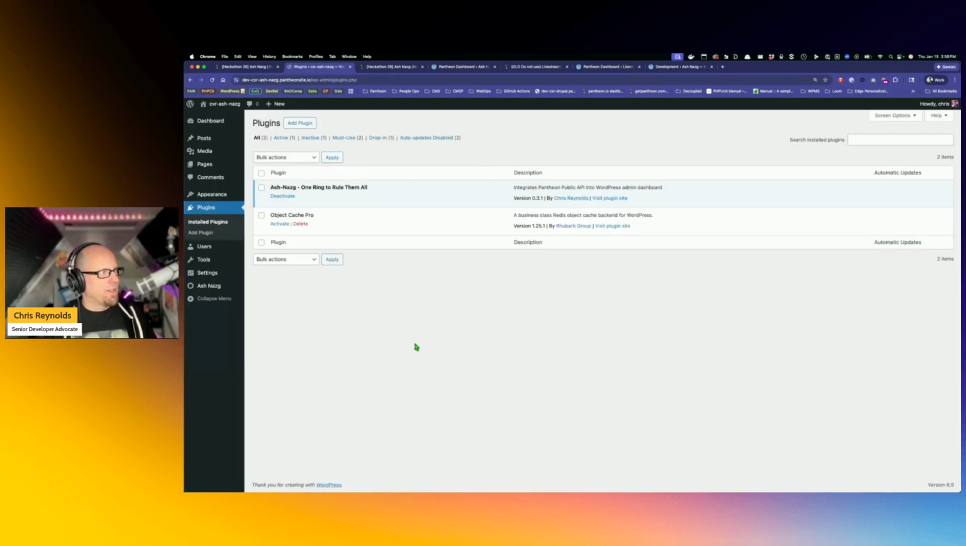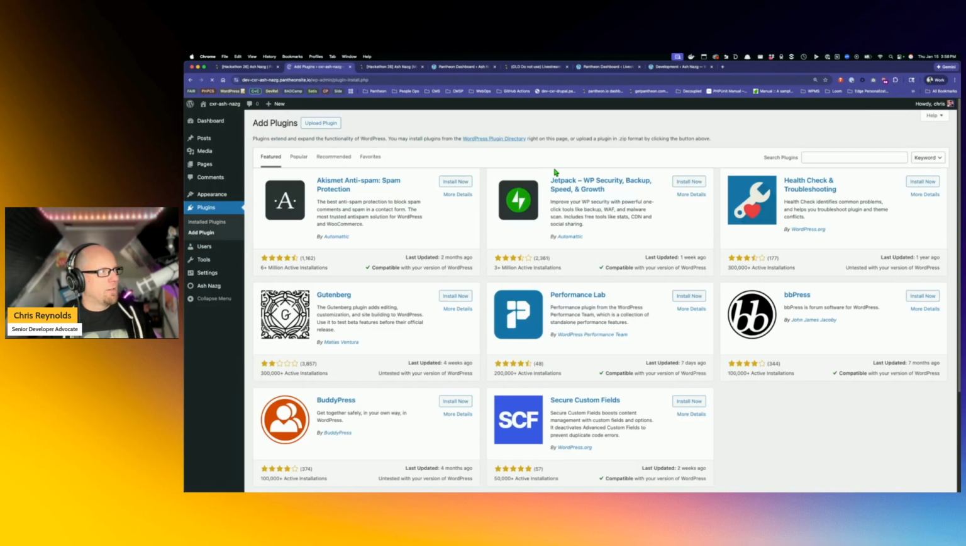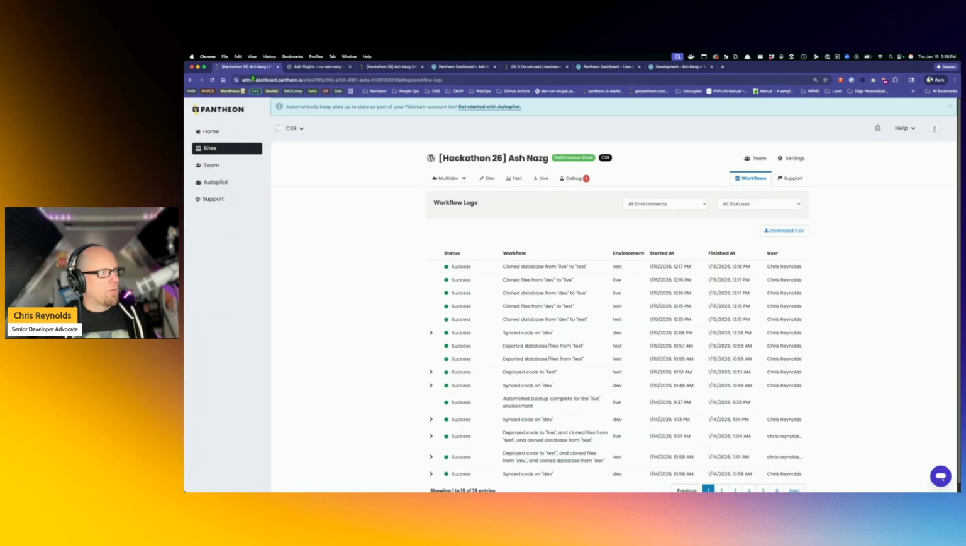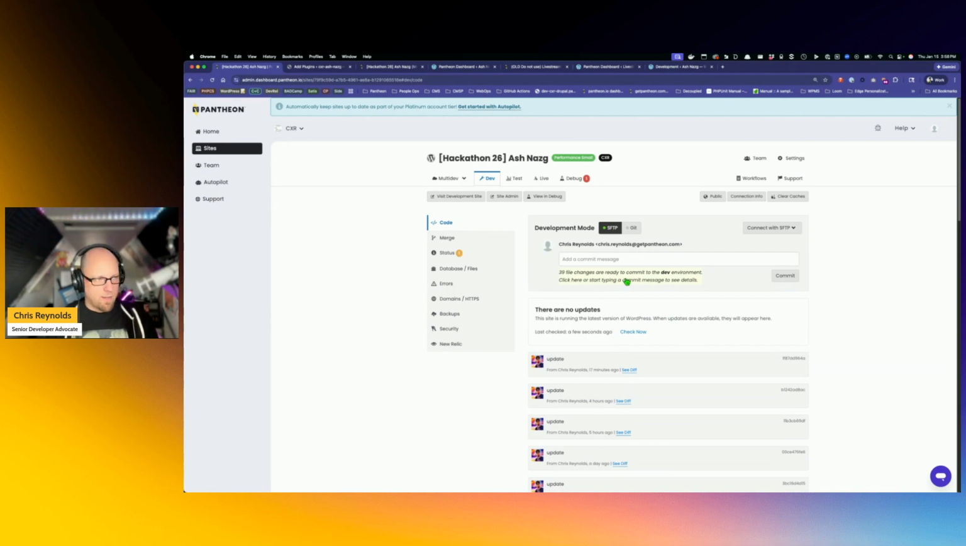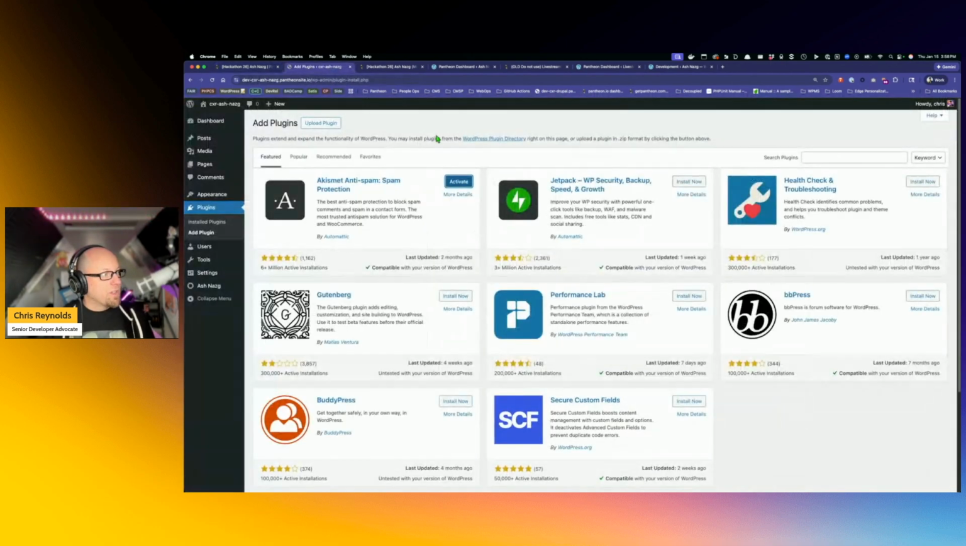I'm going to go to plugins. I'm going to add plugin. I'm going to add, sure, Akismet. Now, I'll just pop over here so you can see that it's there. There's a bunch of changes. That makes sense. But I wouldn't have to actually do that because I can go over here to the development tab,